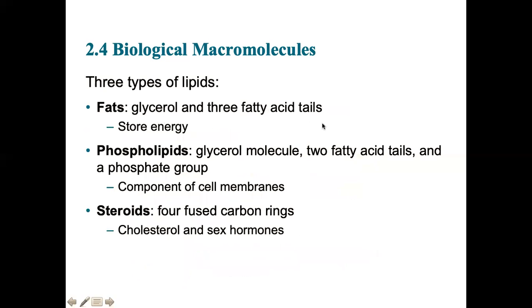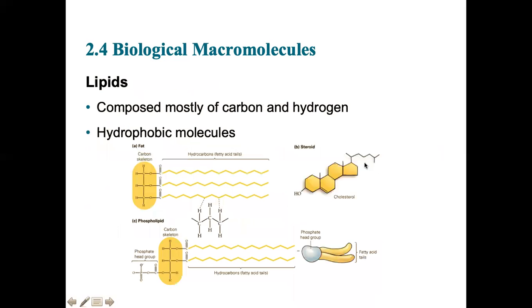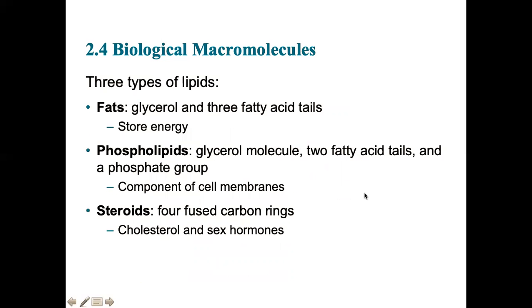Okay, so fats are triglycerides. They have 3 fatty acids with a glycerol. They're really important for storing energy. That's a lot of carbon bonds that can be broken apart. And then the phospholipids are really important in forming cell membranes. Steroids, I should have mentioned, you can recognize steroids because they have these rings with all these little carbons together. And you're going to know them. Cholesterol is going to be an important one, and then also hormones are steroids.